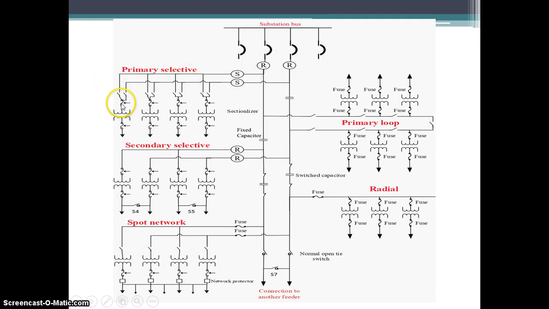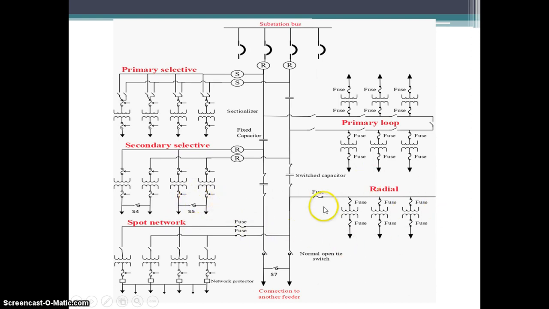Both the laterals are supplying the load, while in the secondary selective scheme you can see these two laterals supplying the loads will be joined with this sectionalizer switch here.